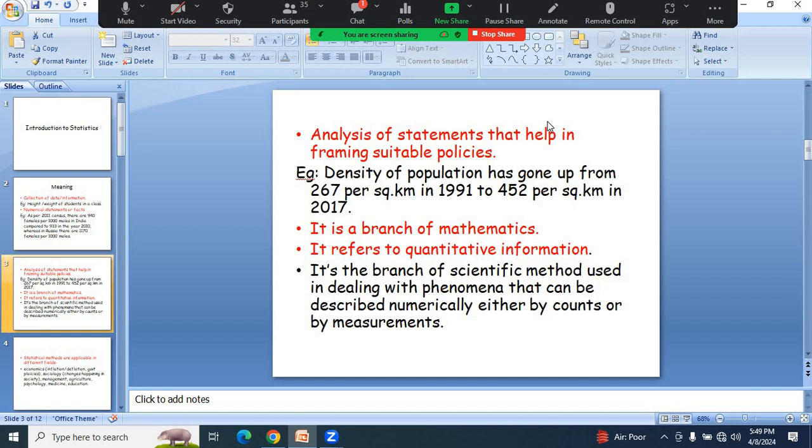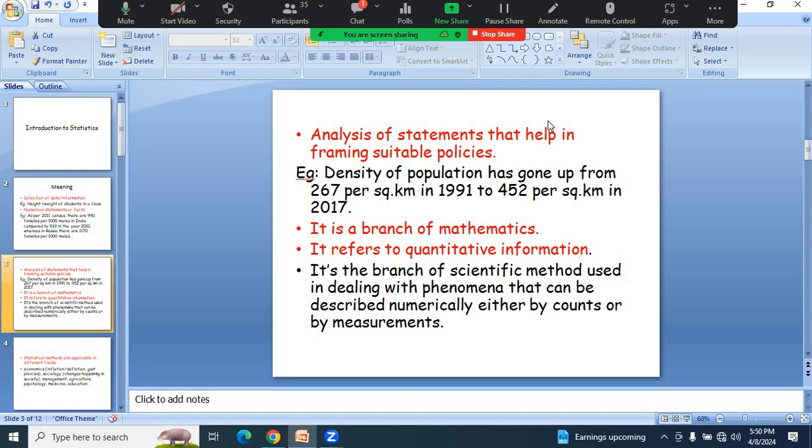Then analysis of statements that helps in framing suitable policies. Now we have information, right? So how do we need to use the information? We have random information, right? So statistics helps in analyzing the statements, and then once we analyze our data, we frame suitable policies. Like the Government of India collects information regarding the literacy rates of different places, different states, different districts, and then